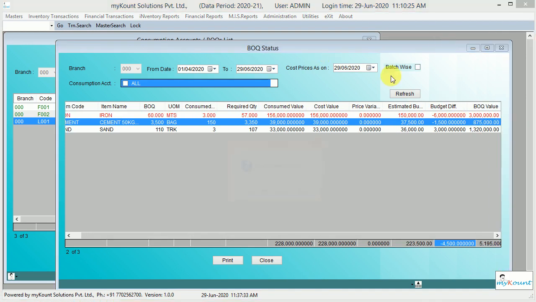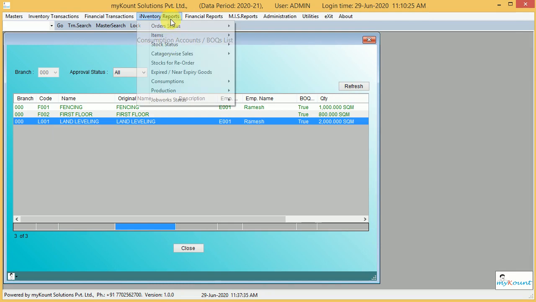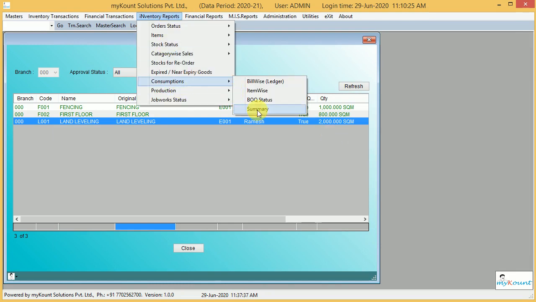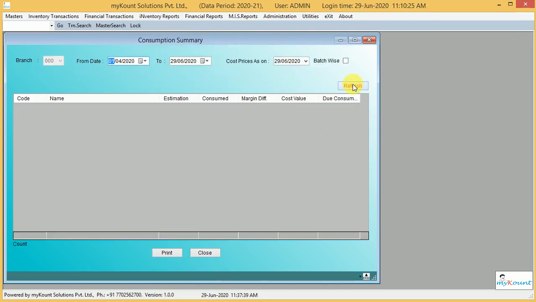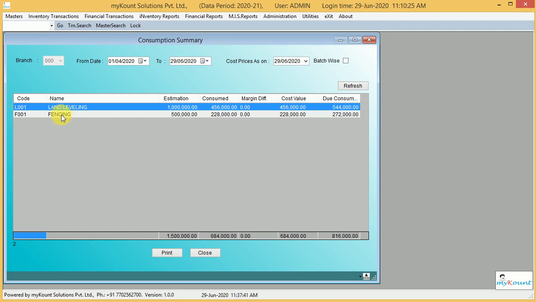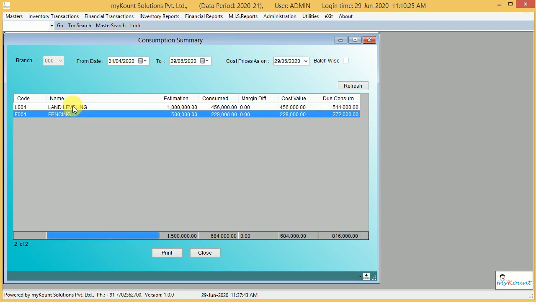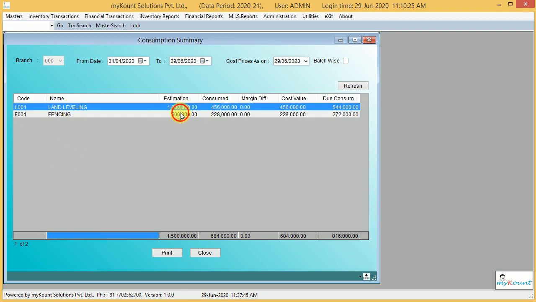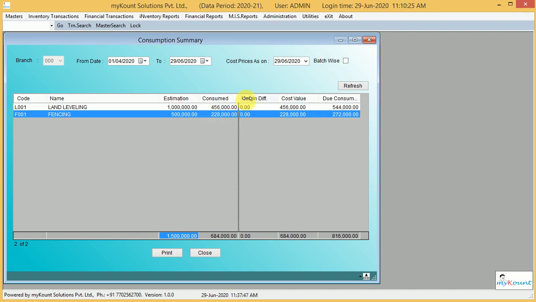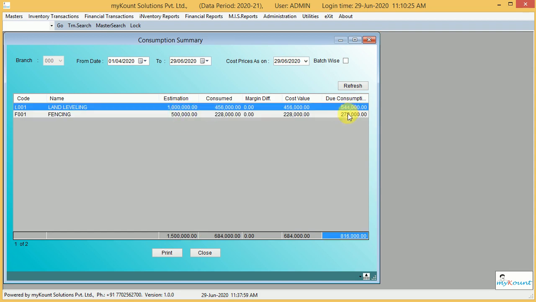So this is BOQ status. Next this is BOQ summary. Here we can see the status of the project because all BOQs will be showing here with estimated cost, and this is consumed margins and cost value. This is how much is pending work. So this is the total BOQs and this is the due BOQs.